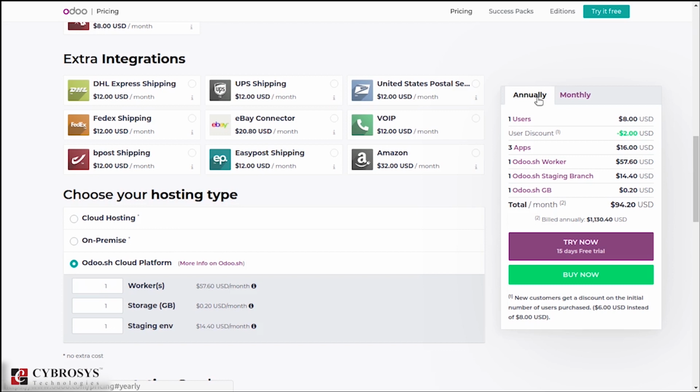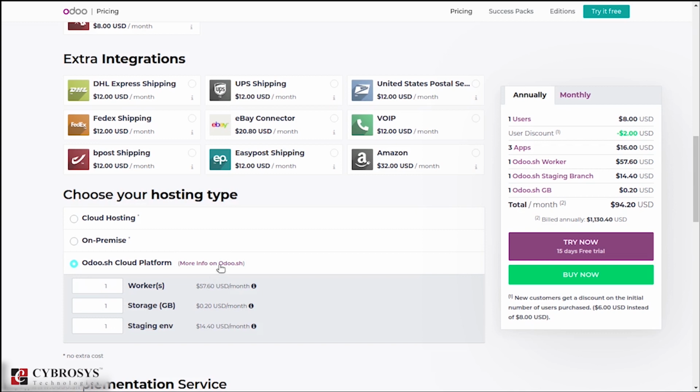It will be provided after analyzing the requirement as well as the configuration needed as per the requirement. So with Odoo.sh, we have those two server types, that is the shared server as well as the dedicated server. And here extra pricing on the basis of the workers, storage as well as the staging environment is also done.